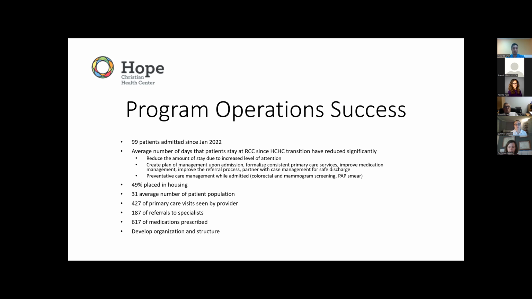And so since January, we've placed about 49 patients in housing, which, as you can see, is nearly half. And placing housing is a very difficult situation. Not only is it based on availability, but it's also based on patients' medical conditions. Unfortunately, it's also based on any criminal record. And so there are a lot of barriers that case management has to work through for that.